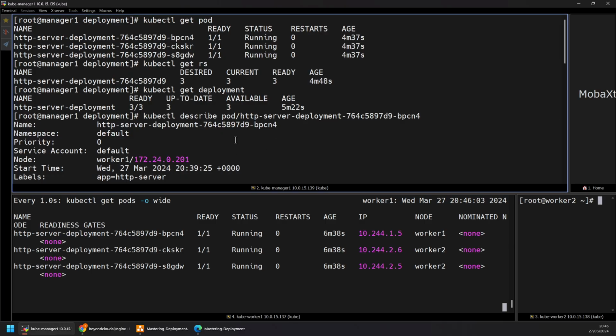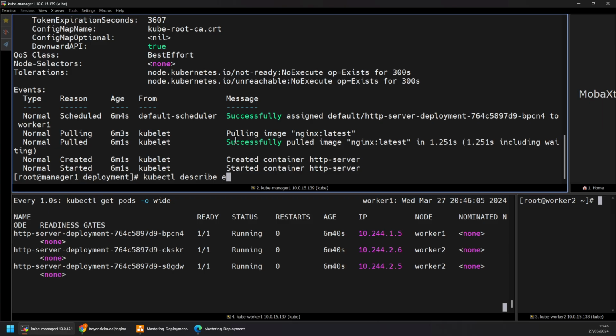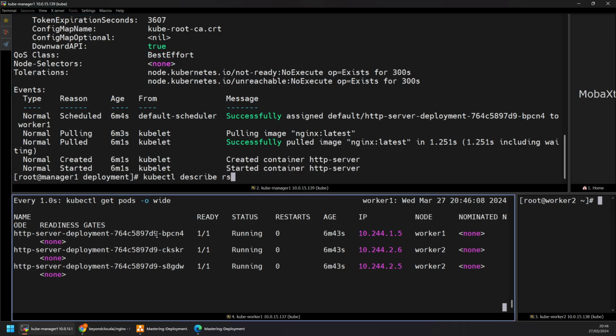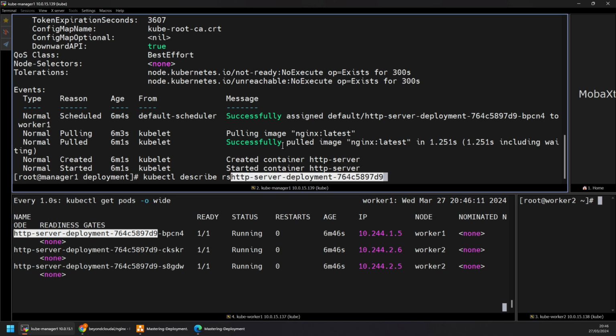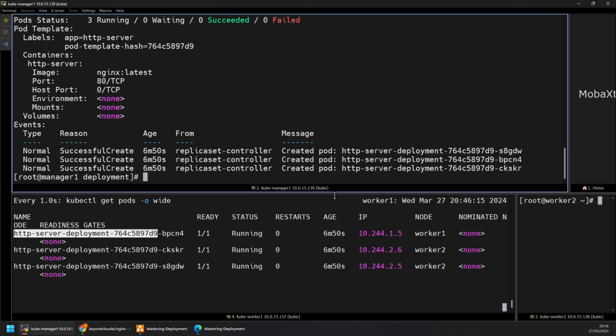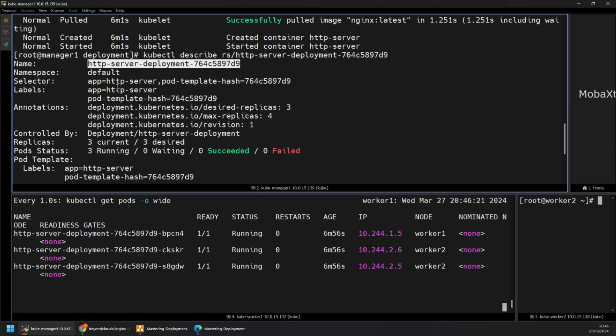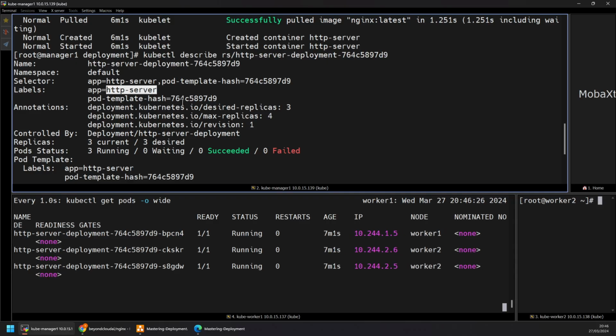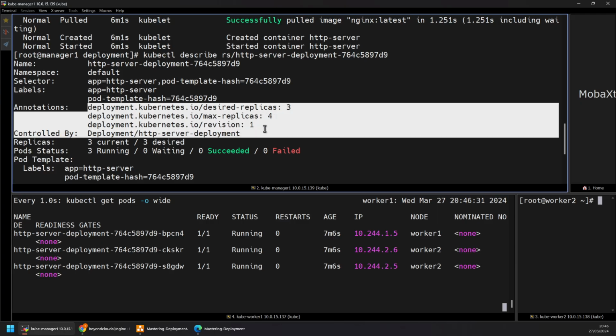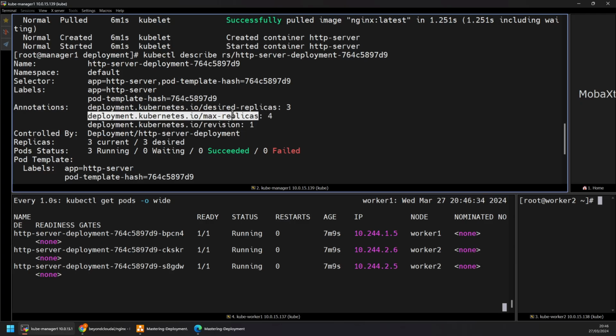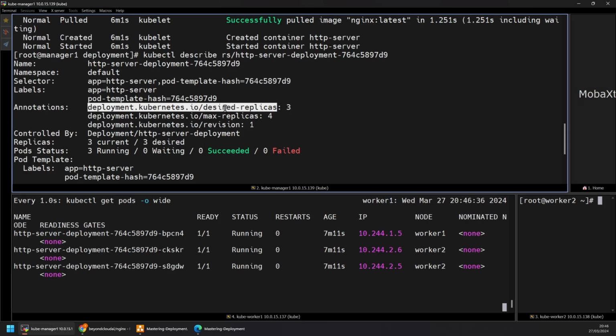Now you can also describe the replica set as well. As you know, the replica set name is basically this one. So describe rs/ the name of the replica set. Now here you can see the replica set name, and then the selector, and then the label which it needs to select, and then your hash for that pod template hash. And then you can see the desired and max replicas. Desired is what it needs to have, which is 3. Max replicas can be